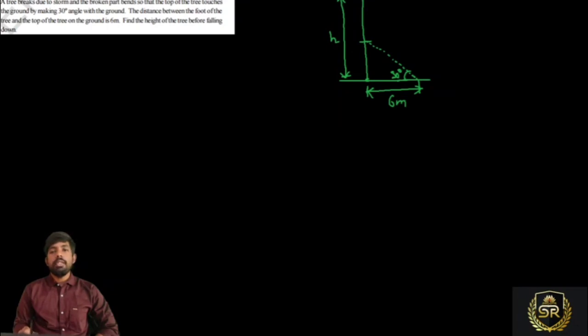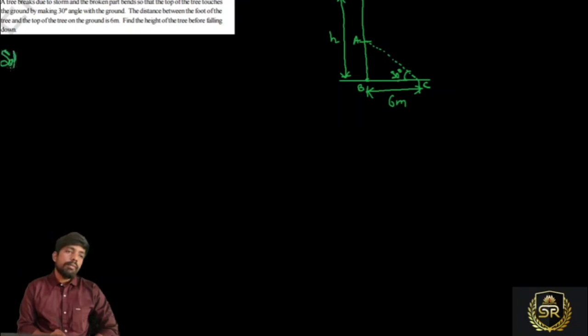So before falling, this is the height of the tree, right? After falling, this distance we don't know. Let us say this is A, this is B, and this is C. So from the given data, BC is the distance between the foot of the tree